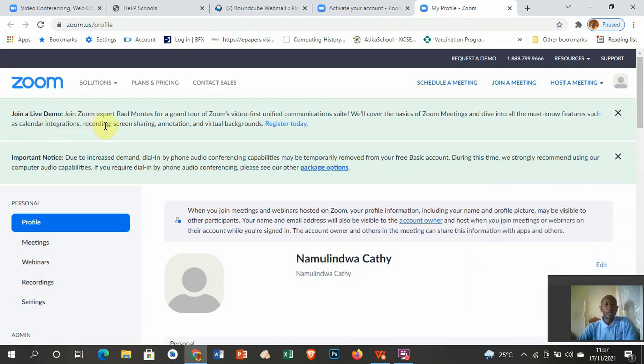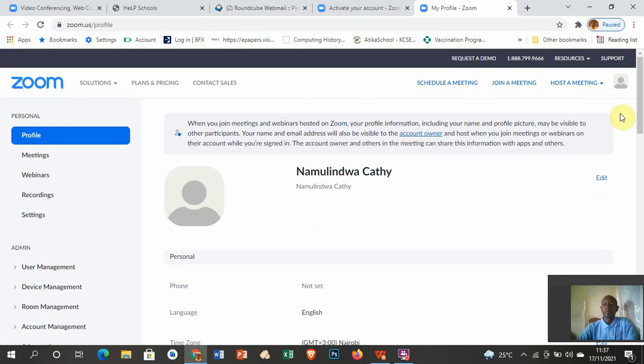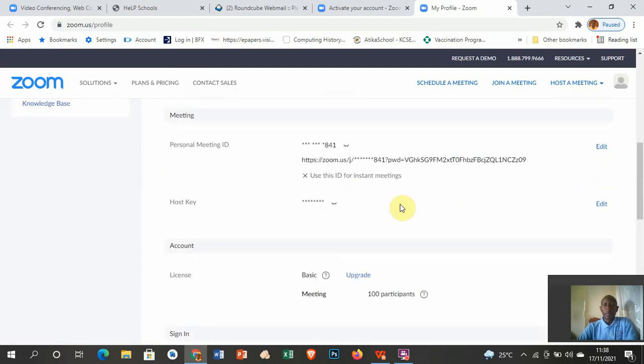One message says join a live demo. We are not interested in joining a live demo. Another message says important notice. Read through the important notice, and then after reading through the important notice, close the notice. So I have successfully created an account on Zoom. So at this moment, these are my details for my account,